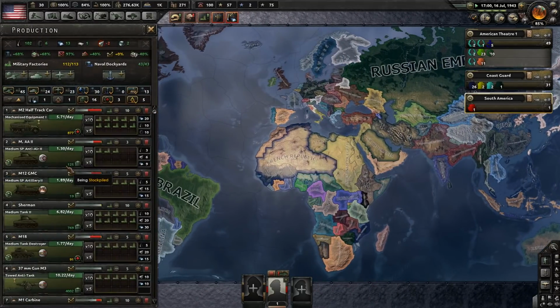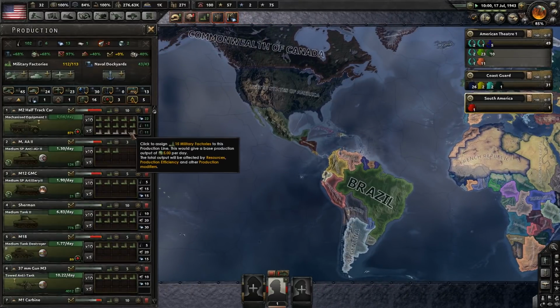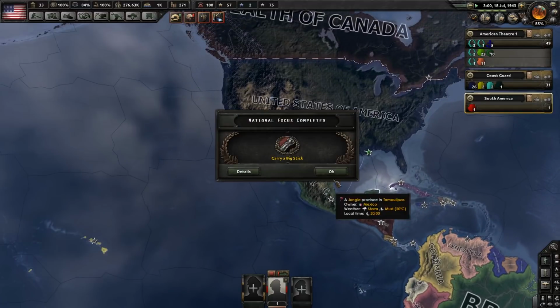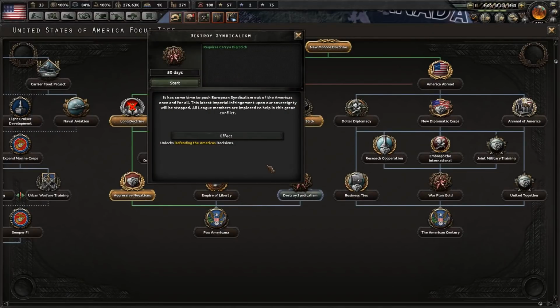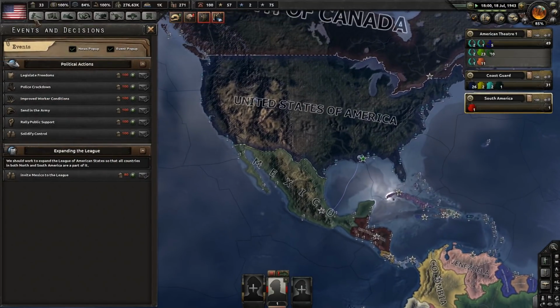Military factories. It's been so long, and I've just done nothing after the Civil War. We've just been sitting around. Keep building those up for now. Carry a big stick. Can't do any political actions, but I can destroy syndicalism. It has come time to push European syndicalism out of the Americas once and for all. The last imperial infringement upon our sovereignty must be stopped. All League members are employed to help in this great conflict. 50 days. So really,